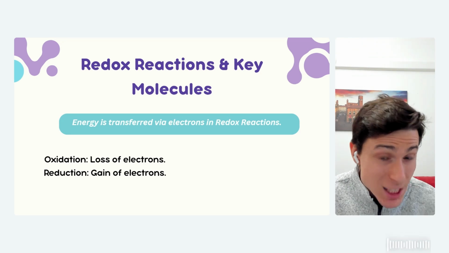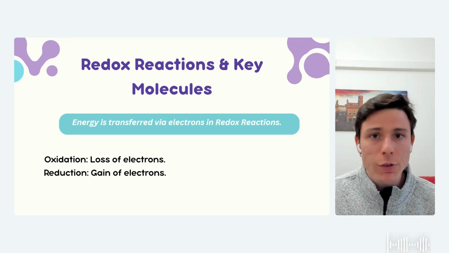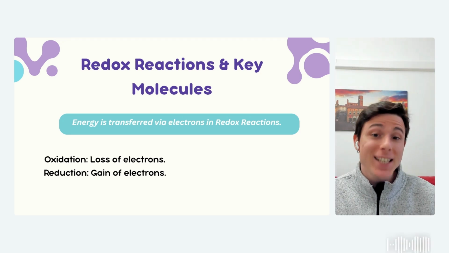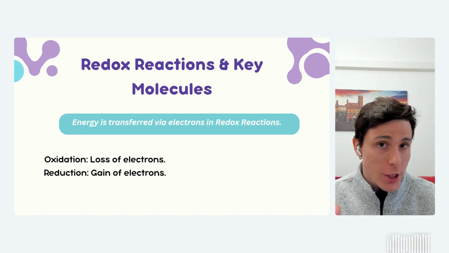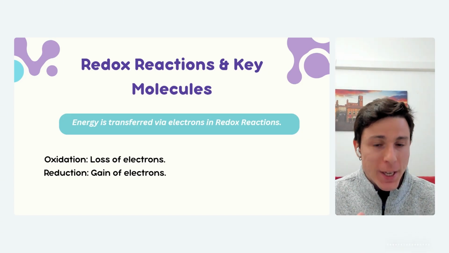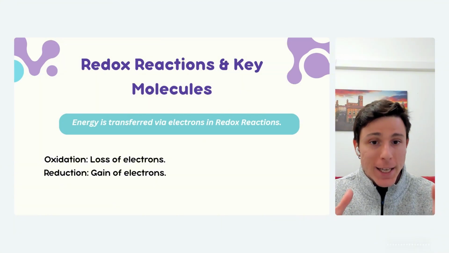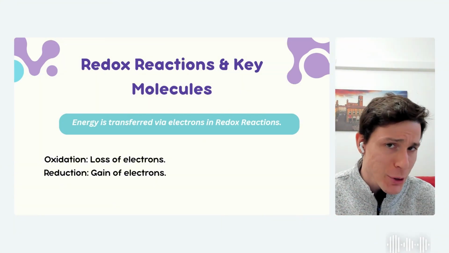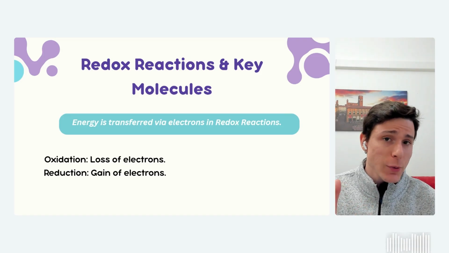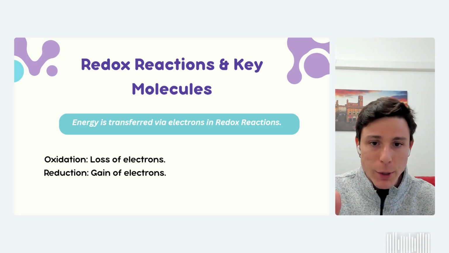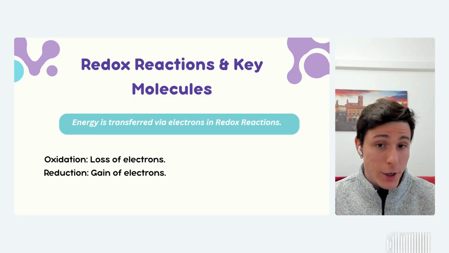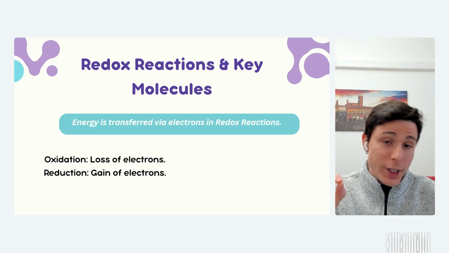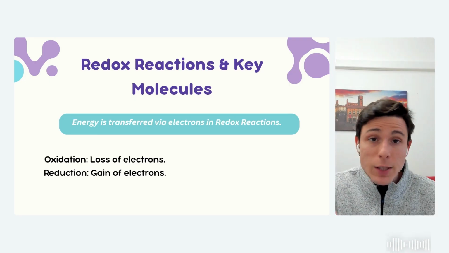Another very important subject you're going to have to keep in mind, not only for biology, but also for chemistry, is the redox reaction. The redox reaction is a class of reaction, and put in a very simple way, it is the reactions where we're going to have electrons being transferred. This is really important for chemistry, by the way. There are a lot of questions about this. I want to cover this in another video, but let's focus on biology. So it's a reaction that happens in pairs. For electrons to be transferred, we're going to have someone that loses and someone that receives.